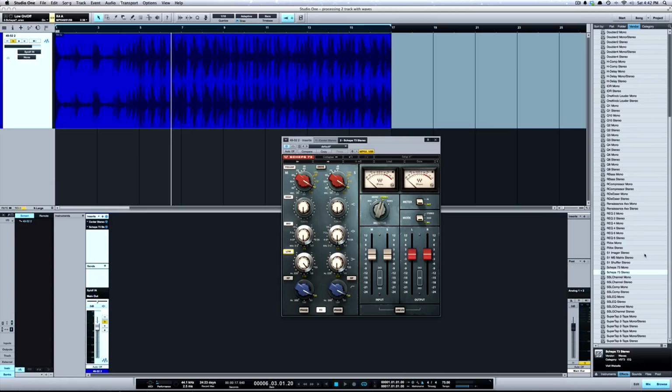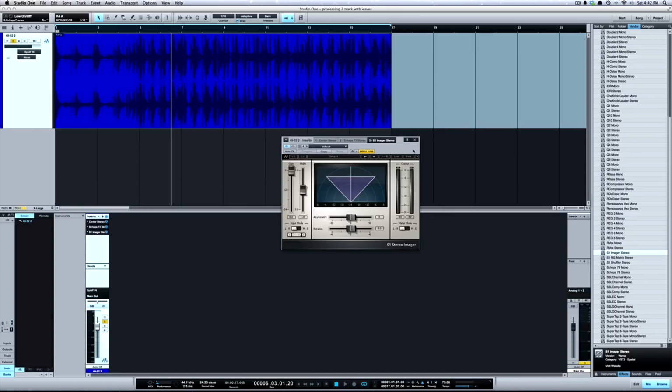So what I'm going to do is take the S1, and I'm going to select the mid-side mode on the input here. What that's going to do is change the channel. If you watch my meters here, it'll now react at mid-side. So that's going to allow me to take something like the REQ,